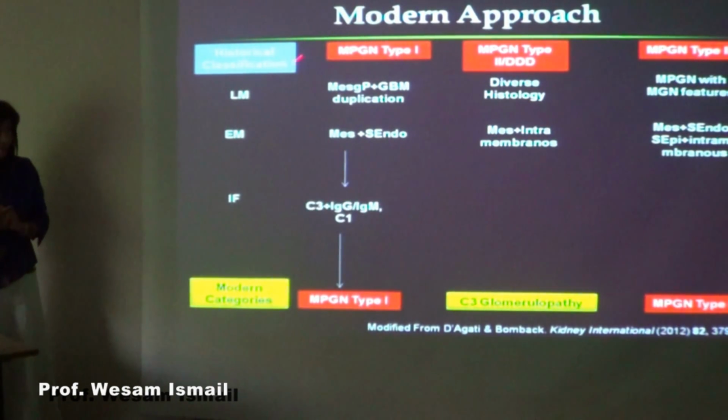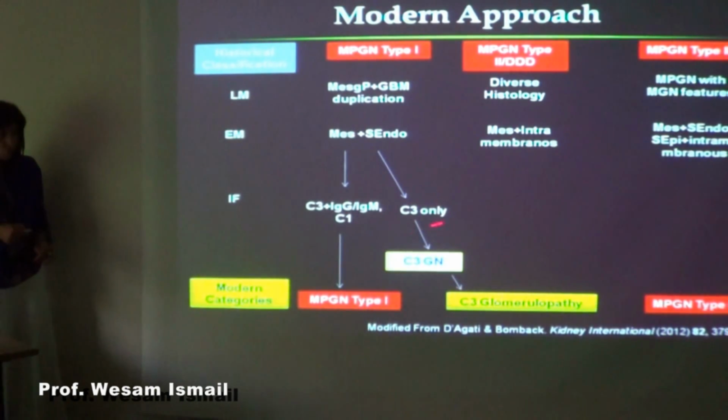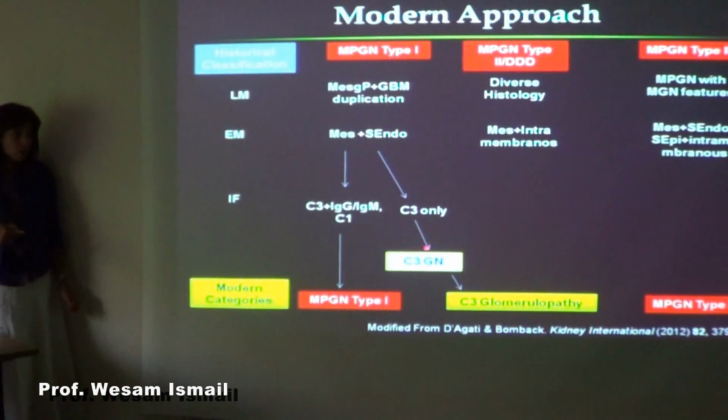By immunofluorescence. If we have on histology and on electron microscopy these patterns, then the immunofluorescence showed that we have immune complexes, meaning we have IgG and or IgM, we have C3 and we have C1, then this is our typical classic MPGN type 1. If the immuno showed C3 only, then this is what we call C3 glomerulonephritis,